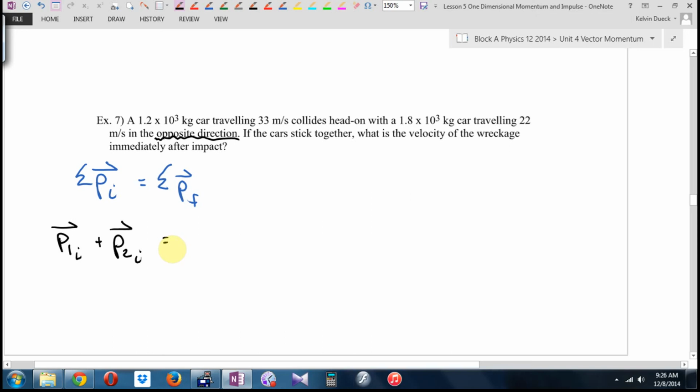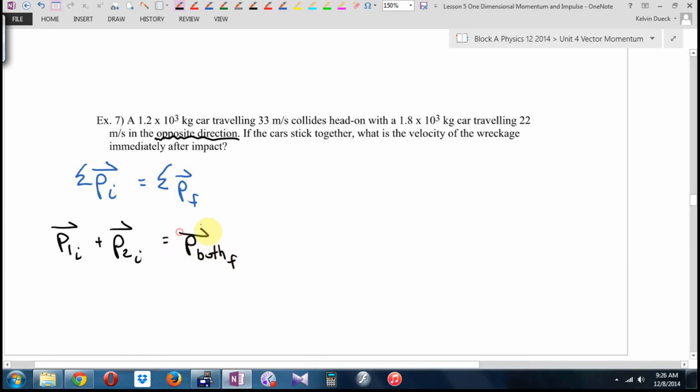Bam! They collide. After the collision, what's moving? Mass 1, mass 2, or both? And by the way, if I'm sounding repetitive, this is going to get us through yucky, funky angles and explosions as well. So this is always going to be my approach. Stuck together or separate, moving after the collision. Mass 1, mass 2, or both? I think both, stuck together. So it's going to be momentum,